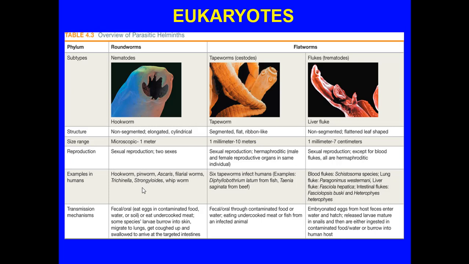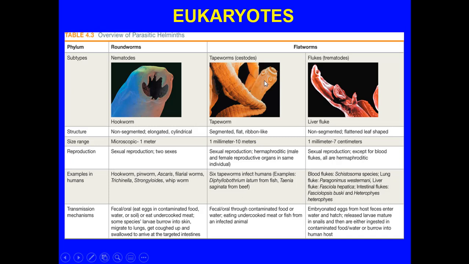Let's go to flatworms. Two types, cestodes and trematodes. Let's deal with cestodes first. The best known are tapeworms. Now, this is an unusual species in the sense that it's hermaphroditic, which means that it has both male and female organs in not only the same individual, but in each one of these tape segments. Okay? And these will create the conditions where it can self-fertilize and produce a prodigious amount of eggs.